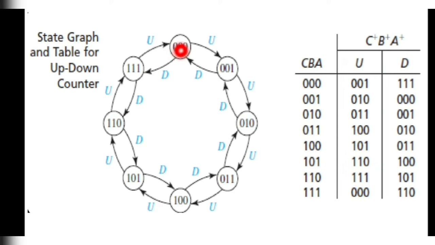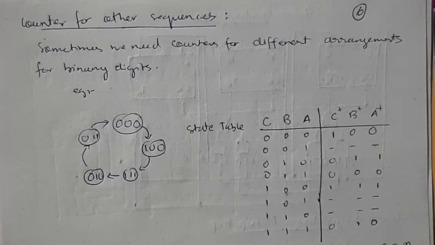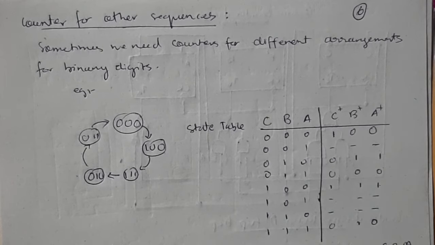In the circle the current value is written, and if I click U, it should become 1. Again if I click U, it should become 2. And if I click D, D means down. What comes before 2? It comes 1. So this is 1. So in that form it's represented. There are 2-3 steps if you keep in mind. If questions come from this area, you can hopefully solve them.